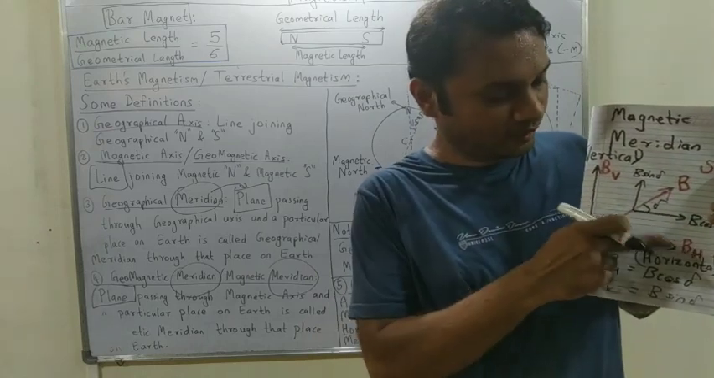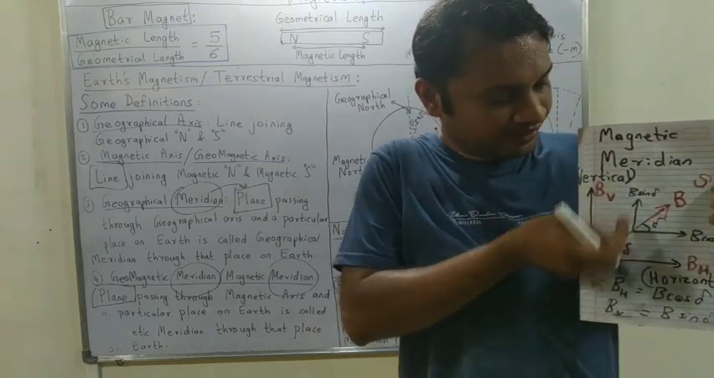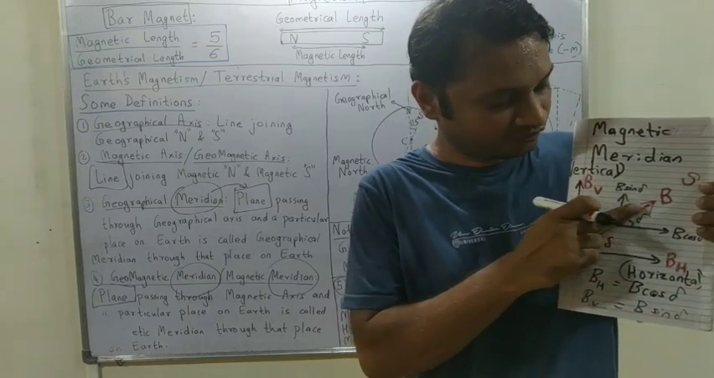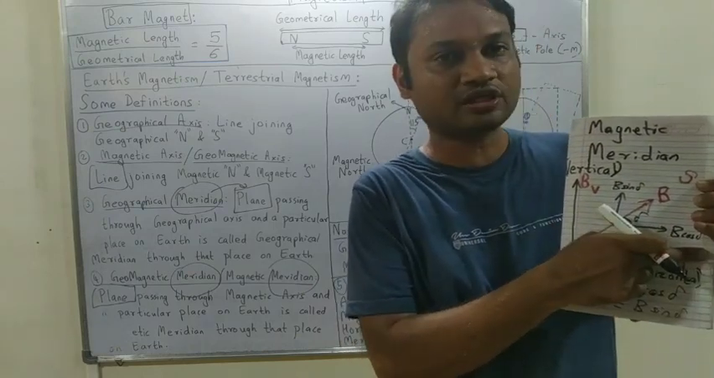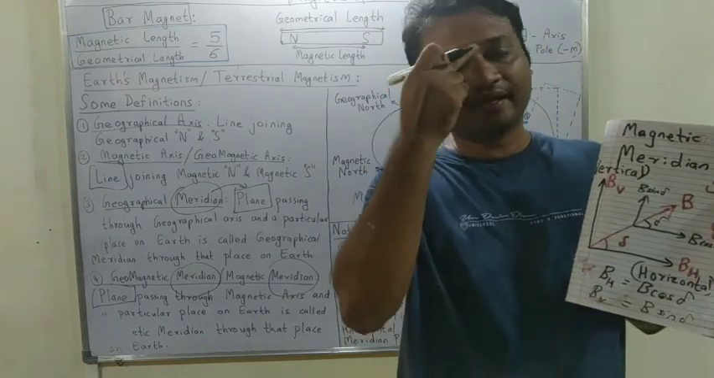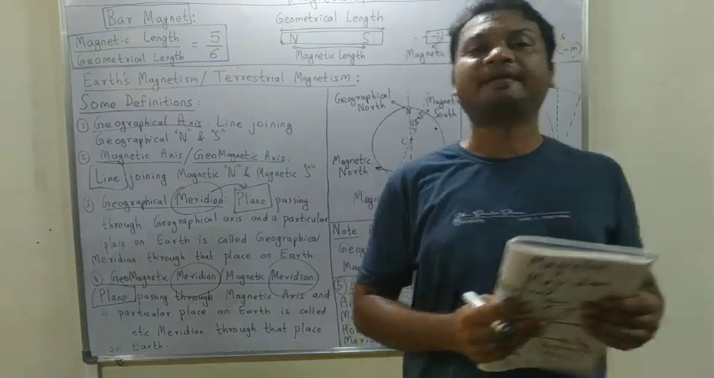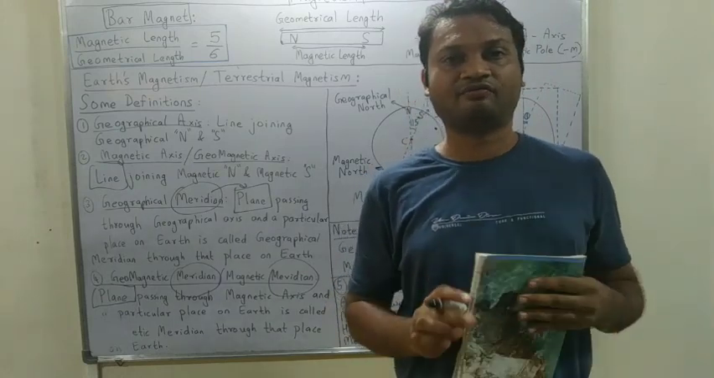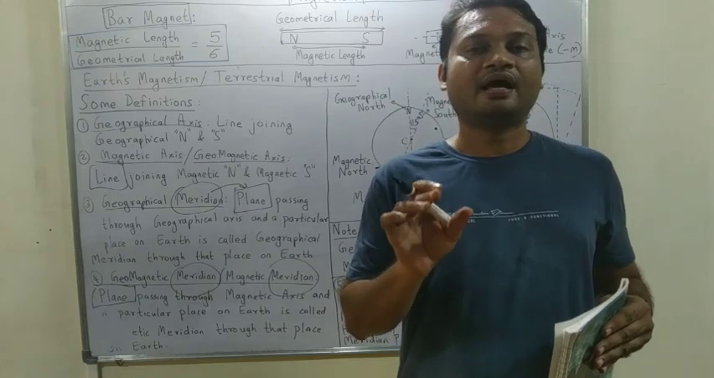The horizontal component is B cos delta. The vertical component is B sine delta. The horizontal component of Earth's magnetic field, B cos delta. Vertical component of Earth's magnetic field, B sine delta. Earth's magnetic field is denoted by three factors. First is angle of